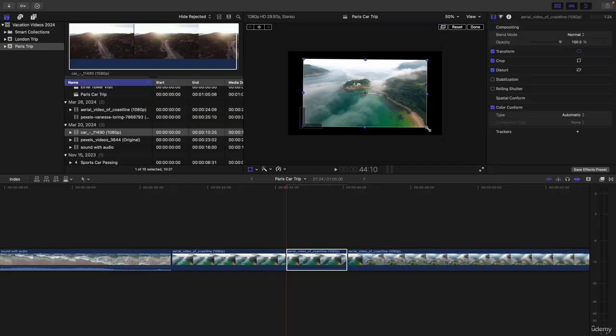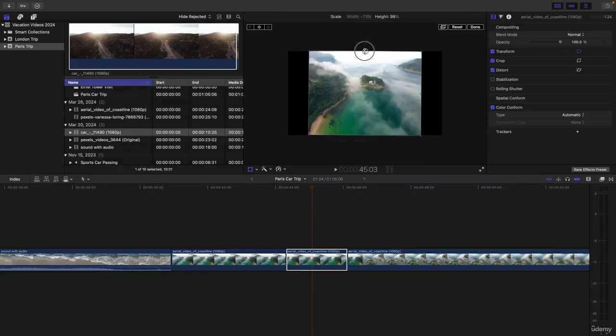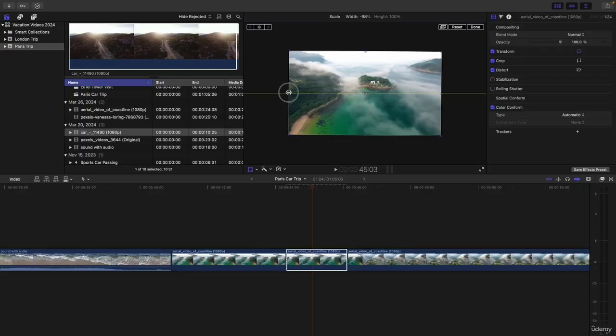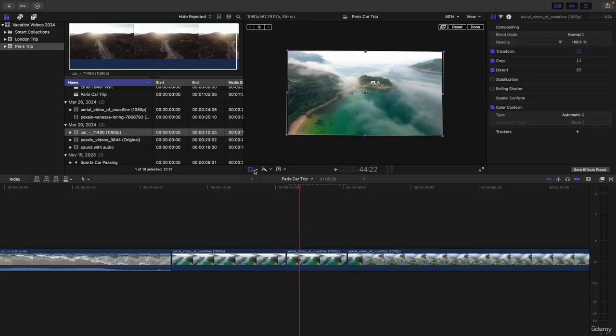See what I have done: I clicked on this last dot at the bottom right side and dragged it to the left side. What will happen is it will flip your video backwards. So you can see like that, and nothing else. These are the things you can also do. Now you will see the original, and this one we have just flipped using the transform. This is all I wanted to tell you about